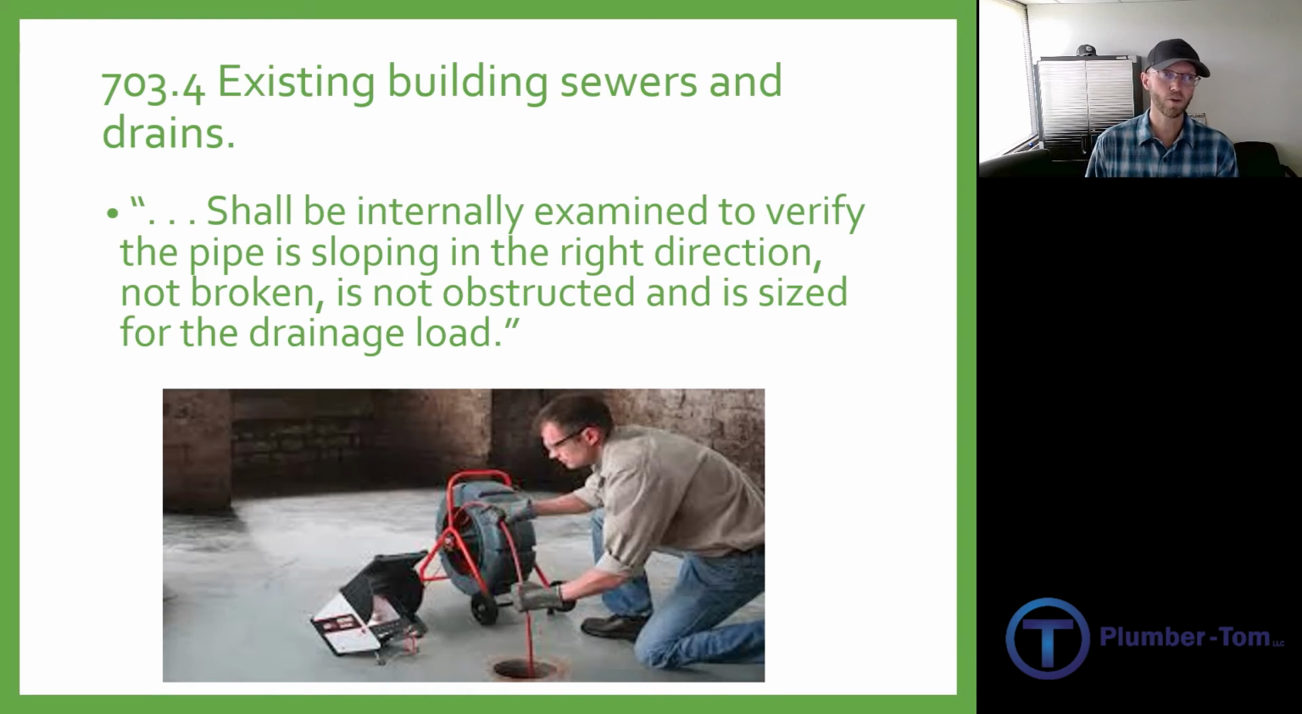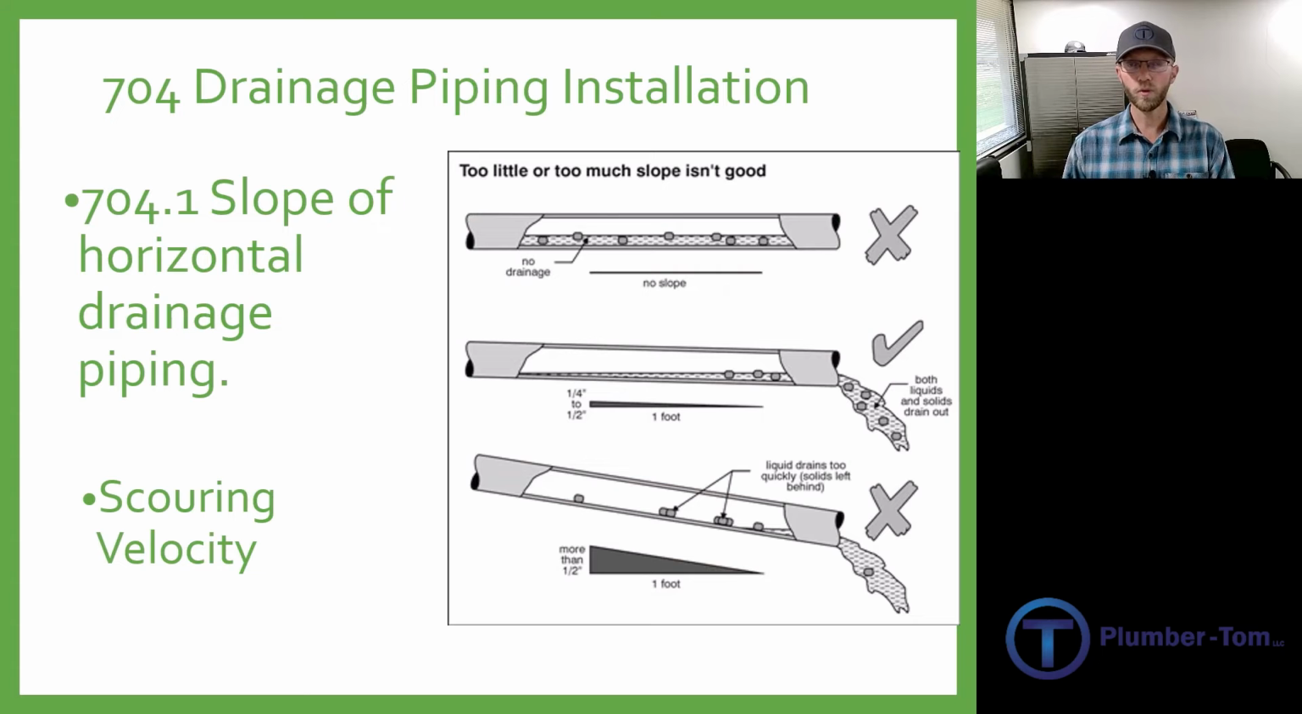So in 703.4 it says, the building sewer shall be internally examined to verify the pipe is sloping in the right direction, that it's not broken and is not obstructed by roots or whatever else, and is sized for the drainage load. So basically we're going to verify all of that before we go building a new building and hooking up to that drain. 704 talks about drainage piping installation, and 704.1 zeroes in on the slope of horizontal drainage